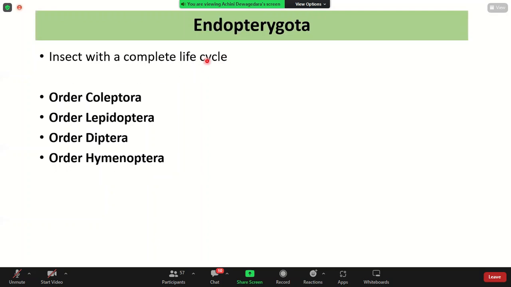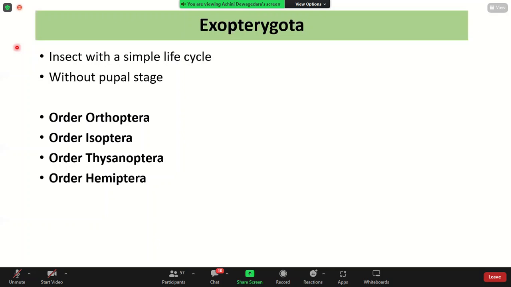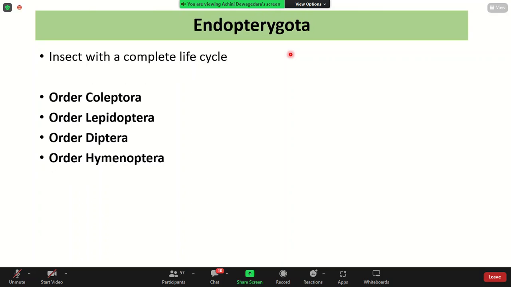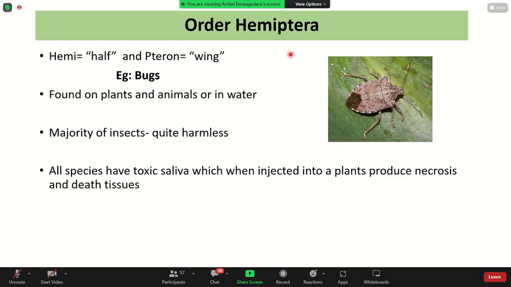Right? Okay. First, as I told you, I'm going to discuss about the Exoterygota, and then we will discuss about the Entoterygota. Okay? So the first order that we are going to discuss about Exoterygota is Hemiptera. Right? So,